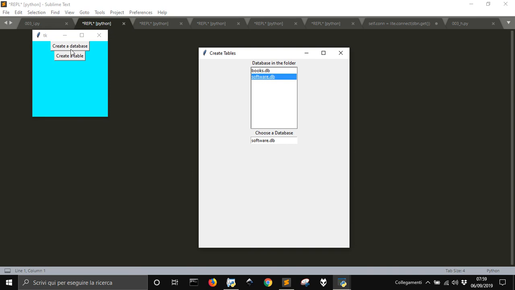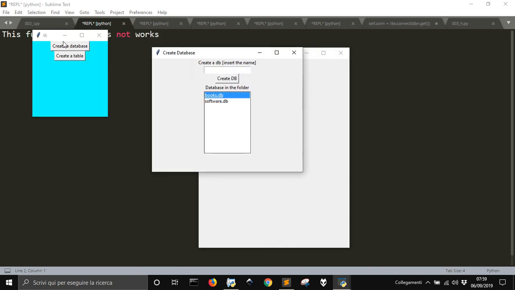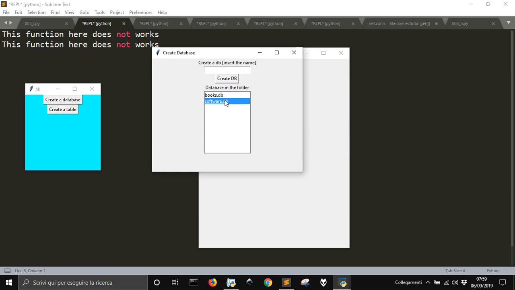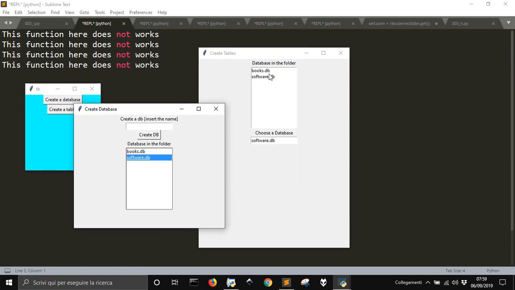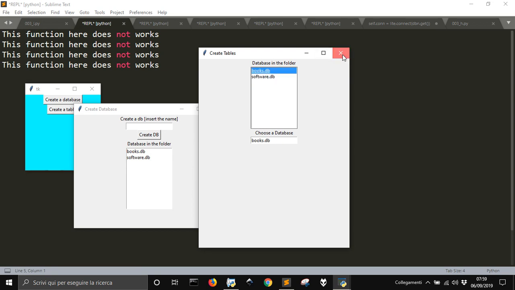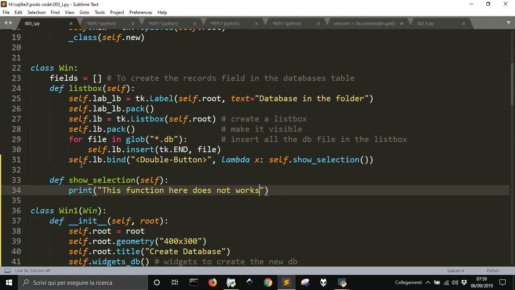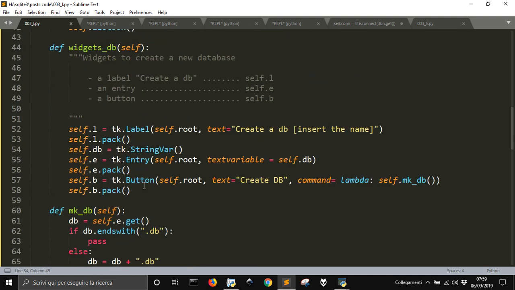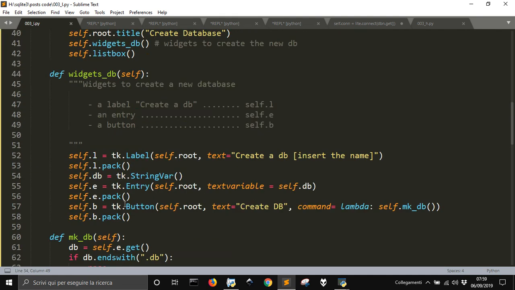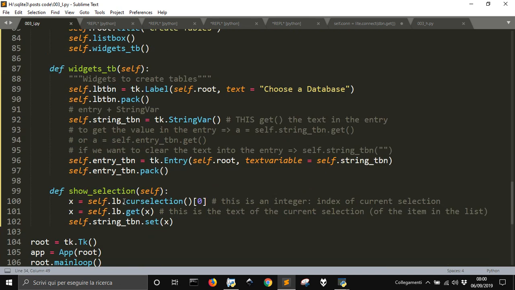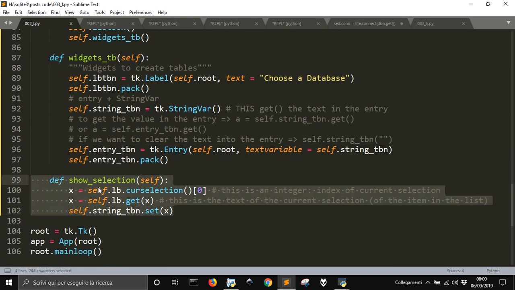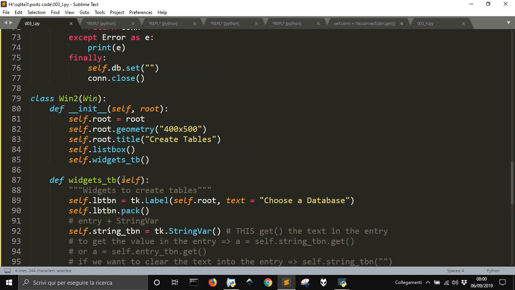Here it works, and here it is. Here this function does not do anything, because this is not made for this but for this. Even if it is in common, the list box, and even if both of them got a double click and go to this, in the first window it does nothing. In the second window it does something because it has this method inside of it,